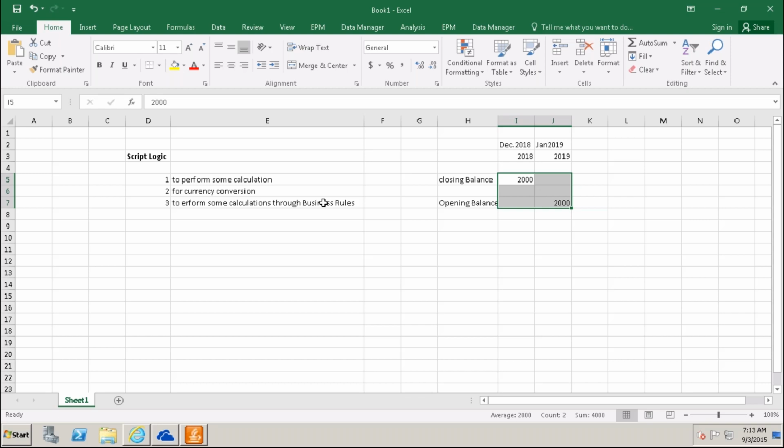All these activities we do by the script logic. Not only this, if you have any complex requirement, complex calculations need to be done by the script logic. So this is about why the script logic is in place.